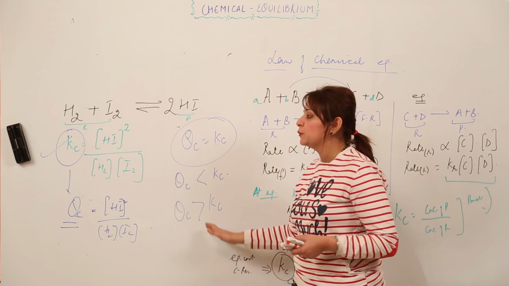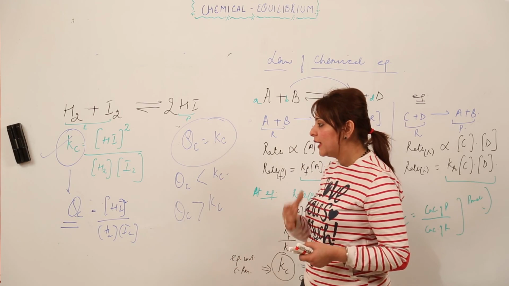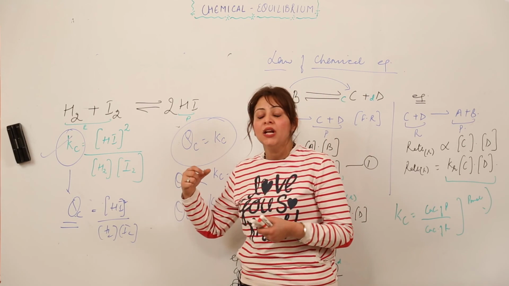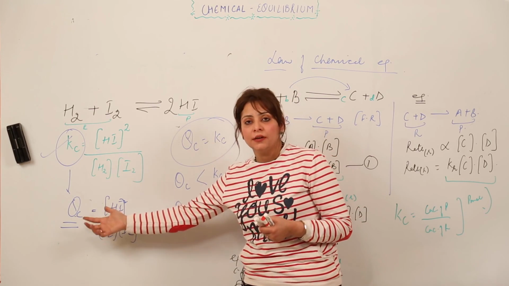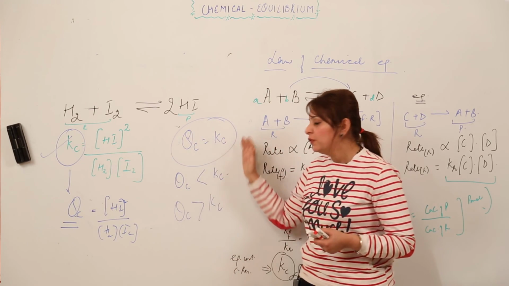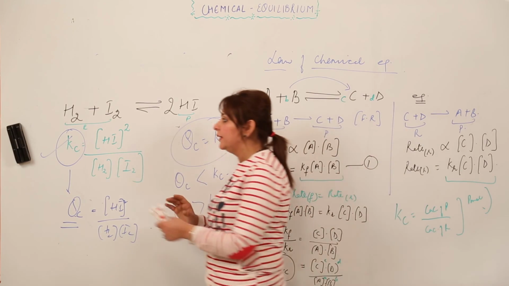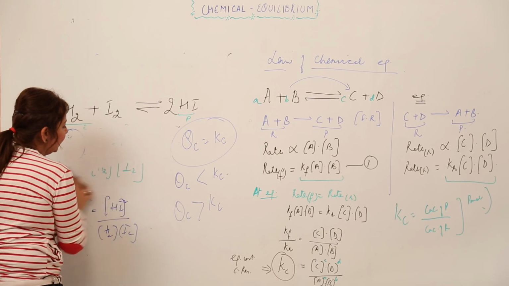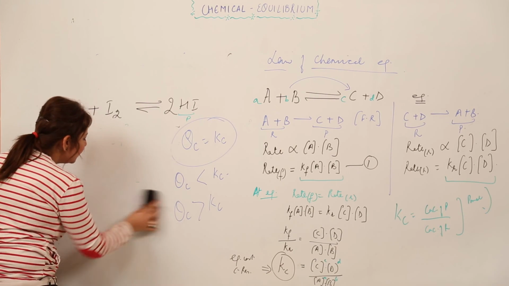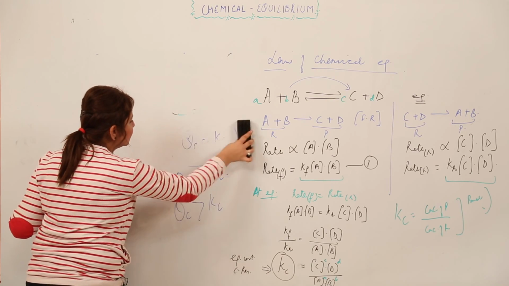We will be discussing these points later also, but at this moment I told you these points because I wanted you to know what actual information we get from this Qc, right. We will discuss these factors later on also, right. So now I think it's clear how to write an expression for Kc for a chemical reaction. Whenever we write the expression for the Kc, we write in terms of the concentration, right.